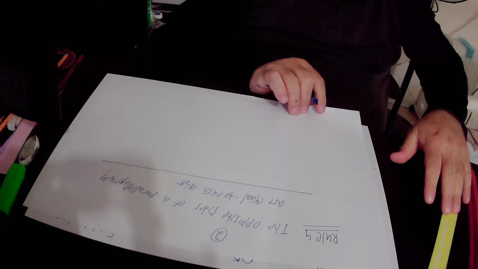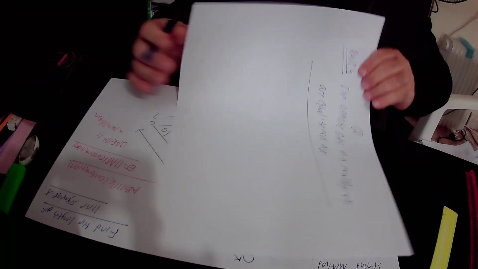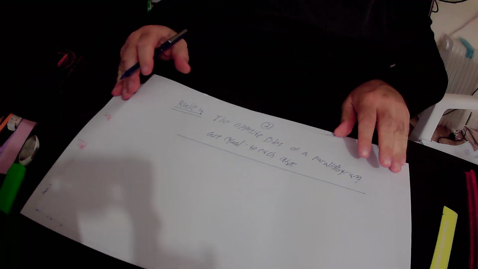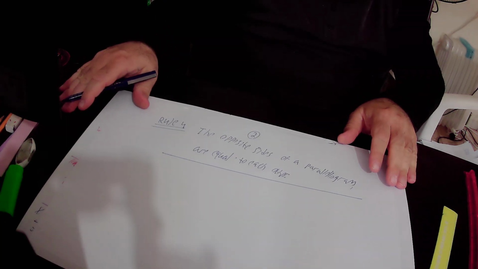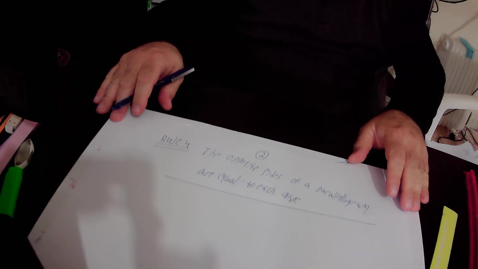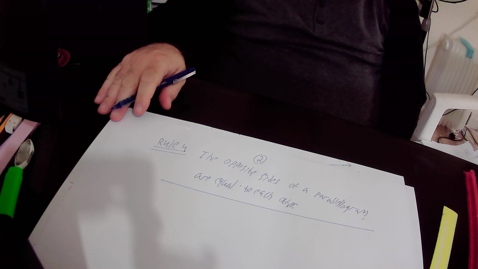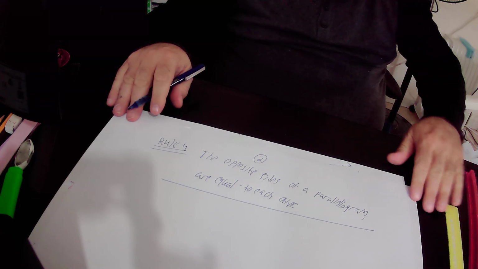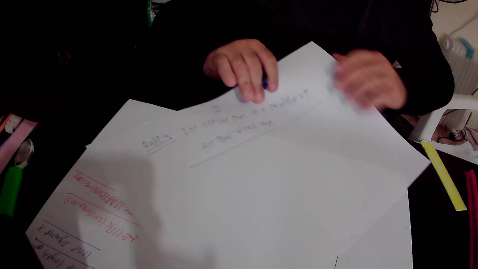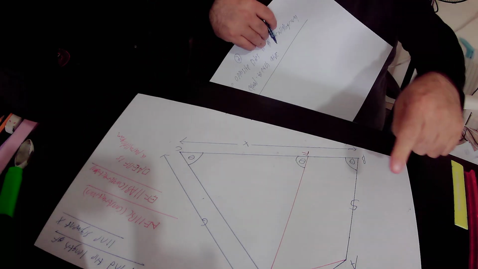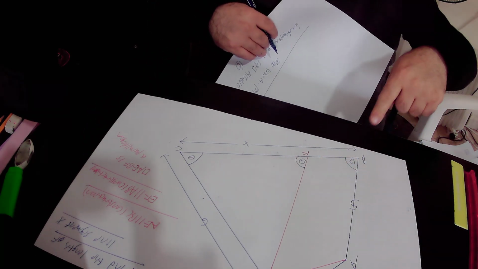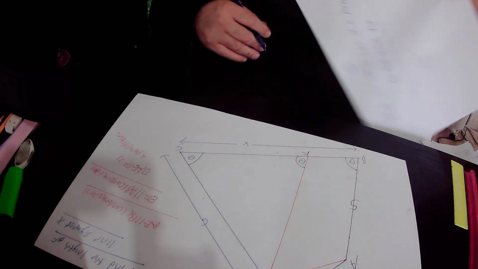I will read rule number 4 again. According to rule number 4, the opposite sides of a parallelogram are equal to each other. So here we know that quadrilateral AEBF is a parallelogram, so I write it down